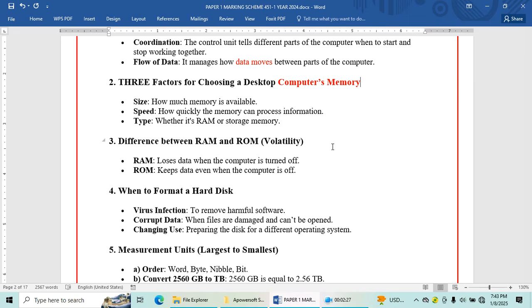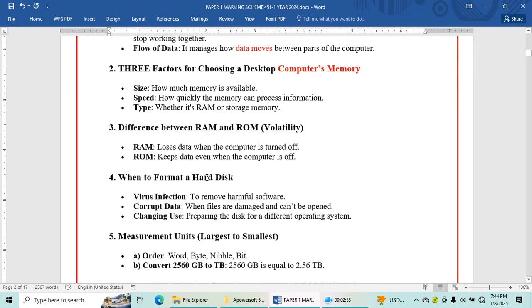Volatility means the way the computer memory holds data, for example, when power goes off, what happens? So, random access memory loses data when the computer is turned off or when power goes off. On the other hand, read-only memory keeps data even when the computer is off or when power goes off.